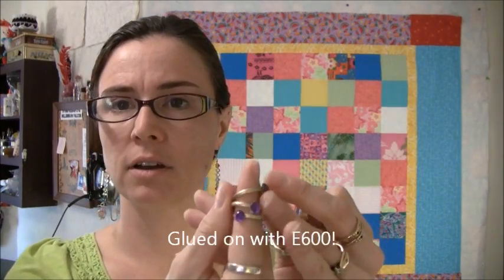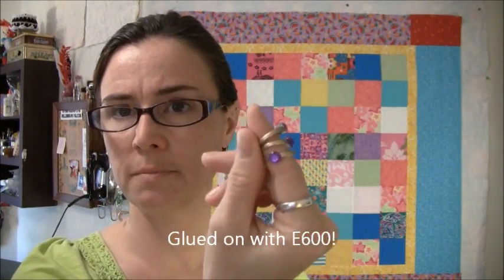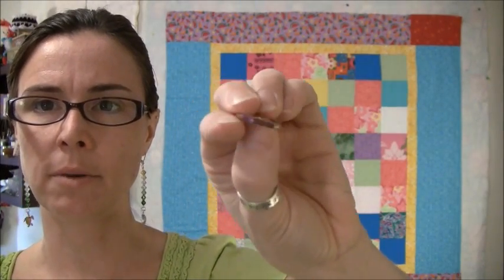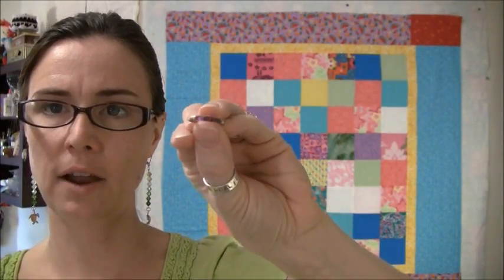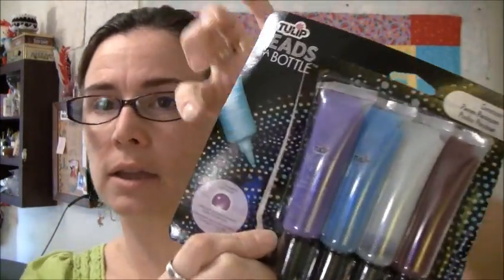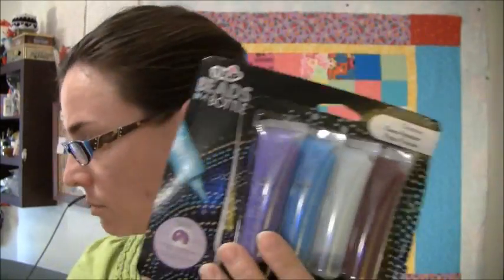So these have little purple gemstones on them, and he wears them all over his different fingers. And then there's a plain one. This one, we actually used beads in the bottle to make this little purple line on there. The beads in the bottle look like this. I mentioned these to Sasha not long ago, and they make little dots like this, but that's what we used